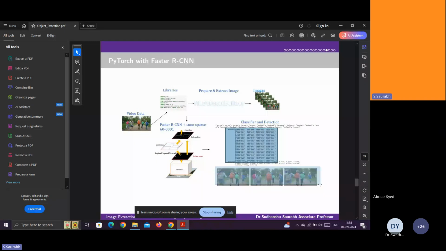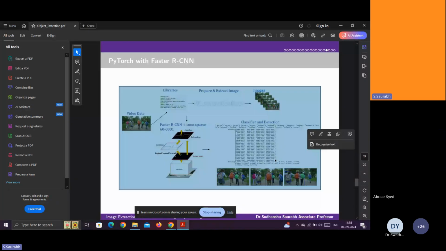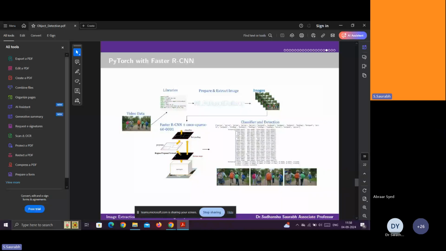So multiple layers are required to generate the different outputs. If you are going to analyze the language, then another layer is required to generate the analysis of the speech, because that speech is generated by the person in the video.